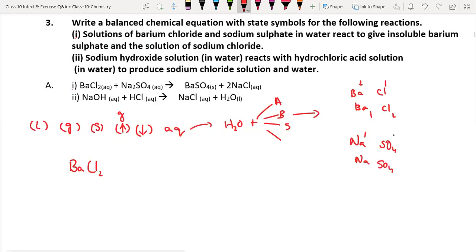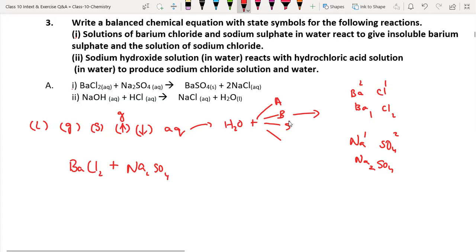is 1. Sulfate, no atomic numbers for sulfate, but valency is there, that is 2. Now 2 goes to sodium, it will become Na2, 1 goes to sulfate, no need to represent 1, it will become Na2SO4. So barium chloride plus Na2SO4, sodium sulfate in water. No need to represent that H2O, because barium chloride will be in solid state, I mean in powder. Sodium sulfate is also a salt powder. Both you have to mix in water, simply to say both are aqueous solution.